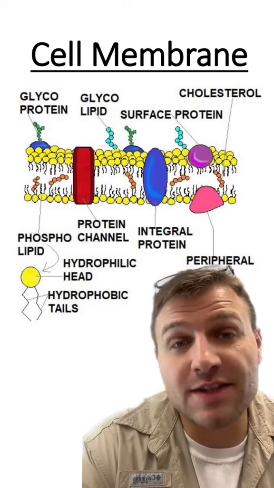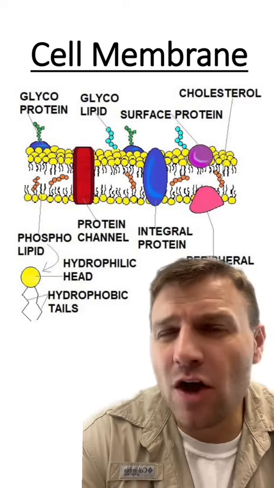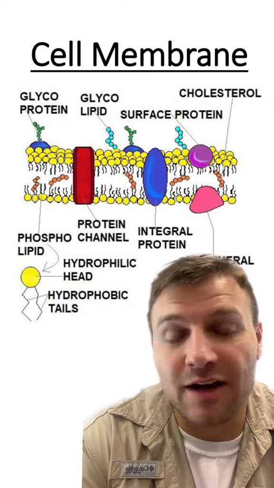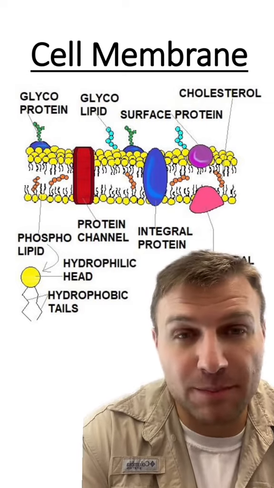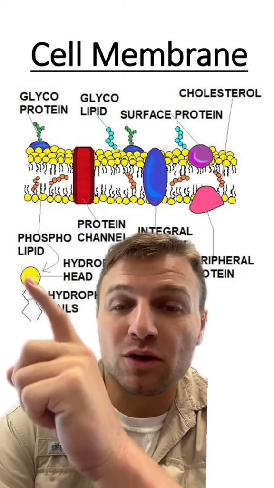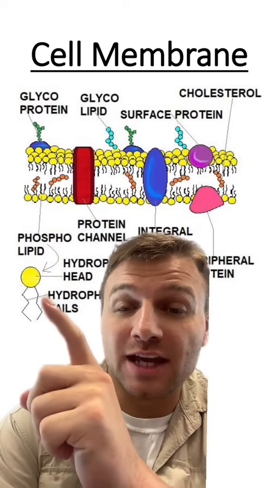Let's review the different parts of the cell membrane using this illustration. First of all, the cell membrane is made of a phospholipid bilayer. This means there are 2 layers of phospholipids. This is a phospholipid. You can see the polar head, which is yellow, and the non-polar tails, which are these